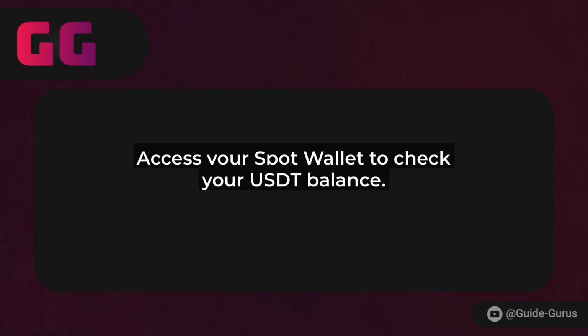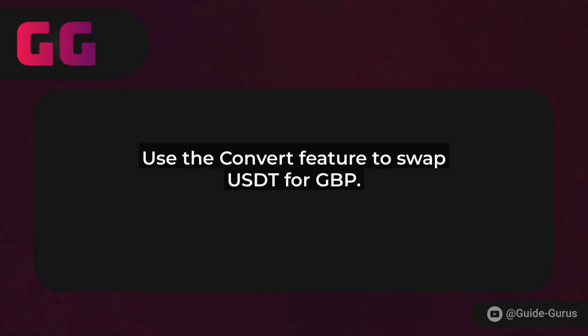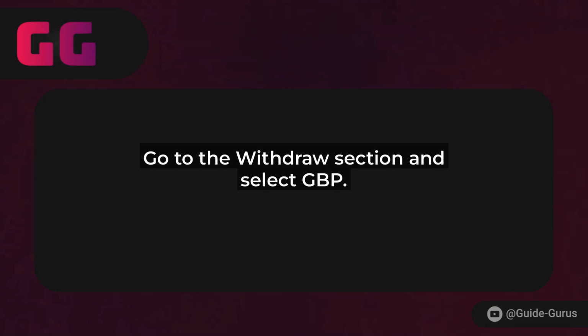Now, to withdraw to GBP, you'll actually need to sell your USDT for GBP first, since direct withdrawals might involve fees or conversions. Step 1. Go to the Trade tab and use the Convert feature to swap your USDT for GBP. Binance has made this easier in 2025 with faster processing. Just enter the amount, review the exchange rate, and confirm. Keep an eye on any transaction fees, they can eat into your profits.